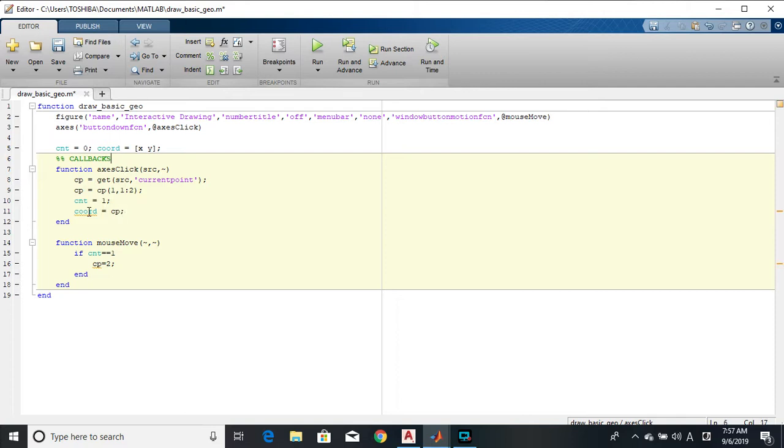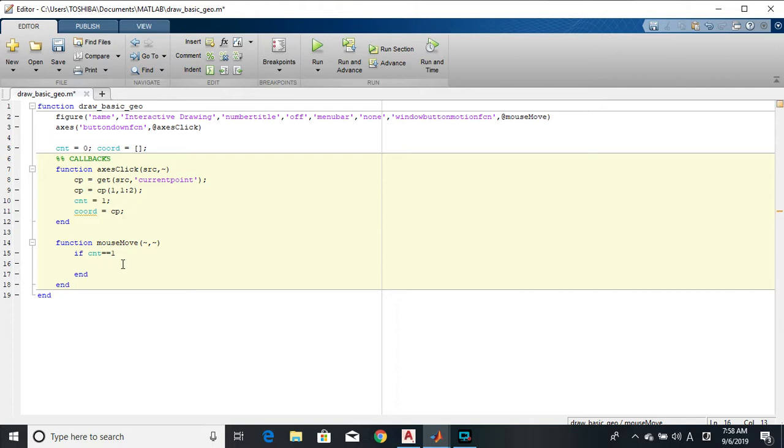Are you seeing this? It's dangerous, okay? You cannot say, okay, don't put X and Y there. We don't know what X and Y stands for. Good. So we have chord is equal to CP. That's when count is equals to 1, okay? Now, what happens when we have clicked? We want it to move, right? We want it to move. So at this level,